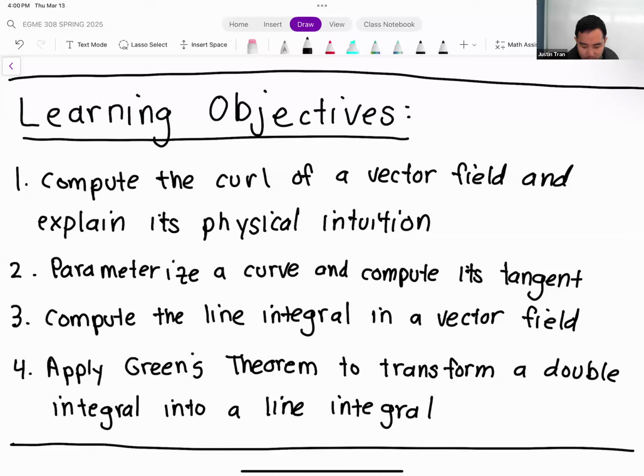Okay, so plan for today, we have a little bit left to finish on the lecture notes on differential vector calculus. So we're going to talk about the curl today. We're going to talk about what that means, how to compute it, and what that means physically for engineering systems. And then we're going to move on to integral calculus from there. So we're taking a quick tour of multivariable calculus. We're going to talk today about parameterizing a curve, what that means, computing line integrals, and then hopefully by the end we'll get up to Green's theorem, which is a very important theorem for applied math in physics.